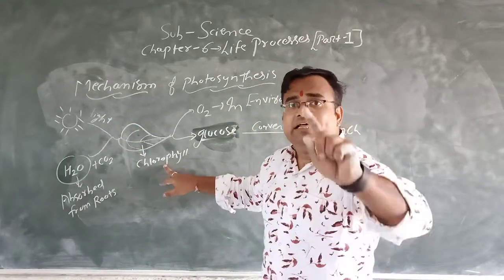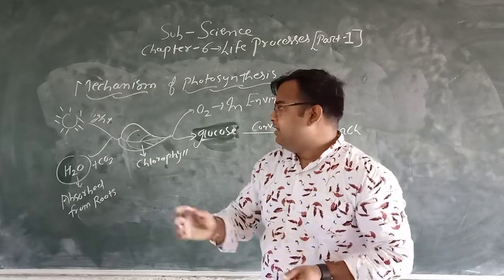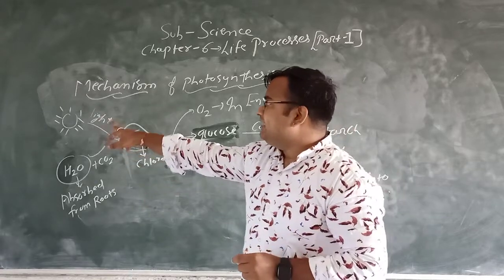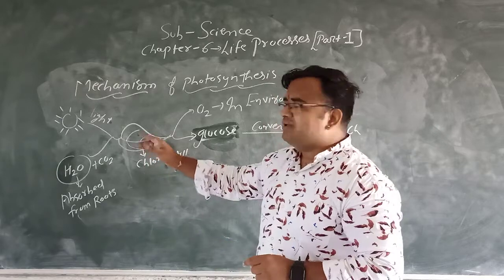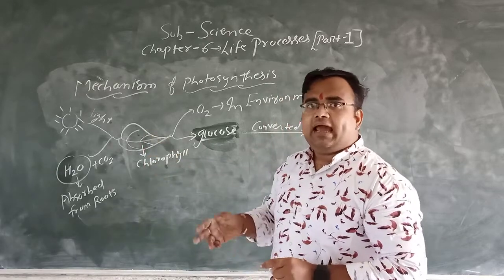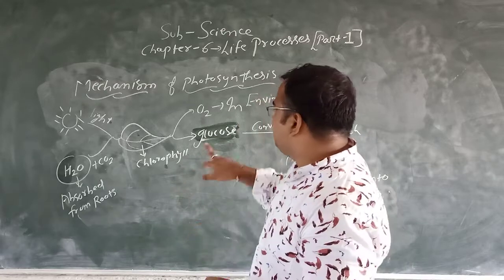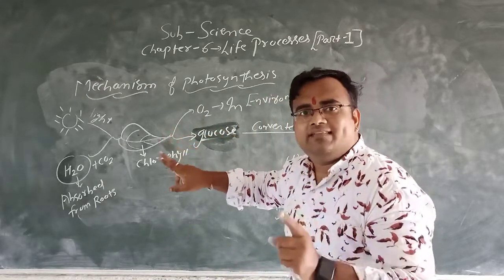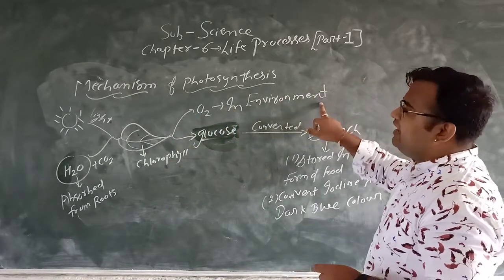The light is absorbed or trapped by the chlorophyll which is present in the leaves. And they prepare their food in form of glucose. And we know that the final product of photosynthesis is oxygen, which is released in the environment,